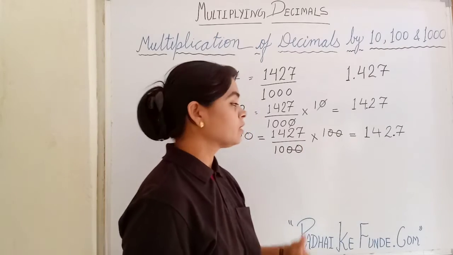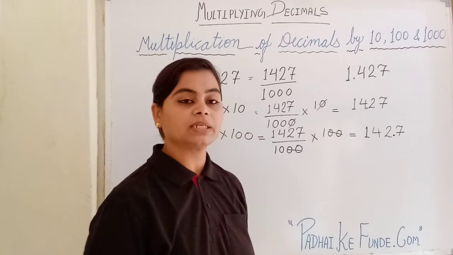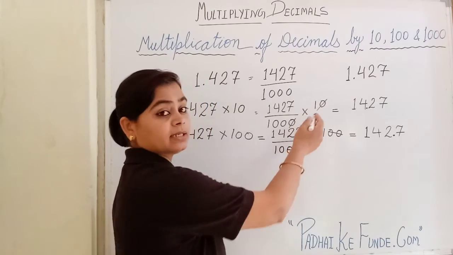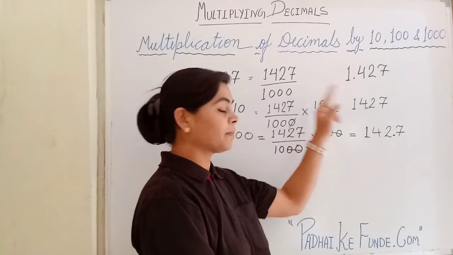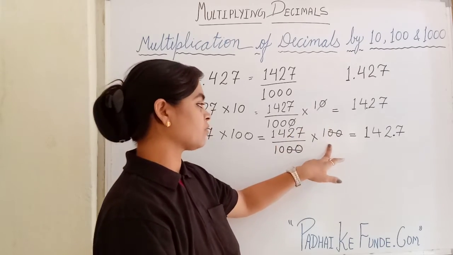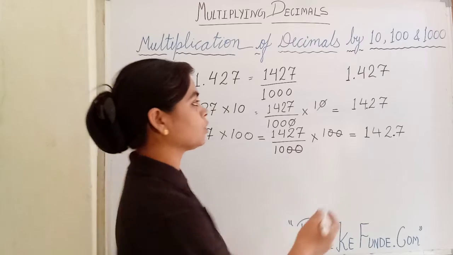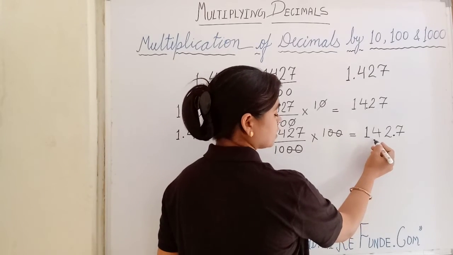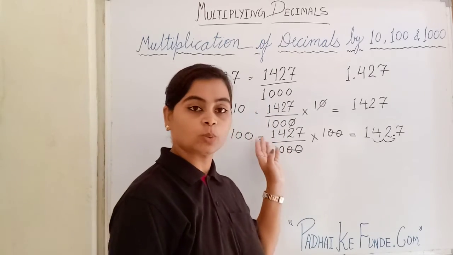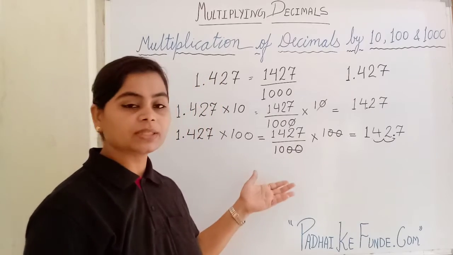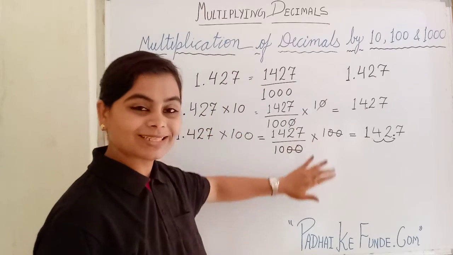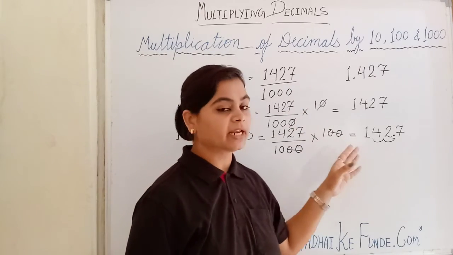So you have to only shift the decimal when you multiply decimals with 10, 100 or any power of 10. As here multiplied by 10, 10 has one 0, so you have to shift one place toward the right in case of multiplication by 10. In case of multiplication by 100, as 100 has 2 zeros, it is 2 places towards the right. In case of multiplication, the decimal shifts towards the right. This is the simple thing to multiply a decimal with 10, 100 and 1000 and so on. So you don't need to do all this calculation for that. Just shift the decimal and get your answer.